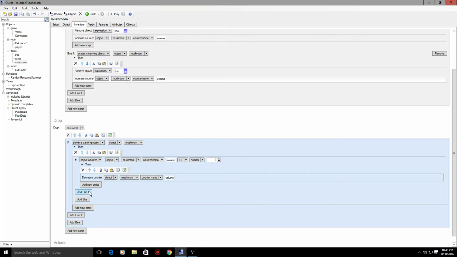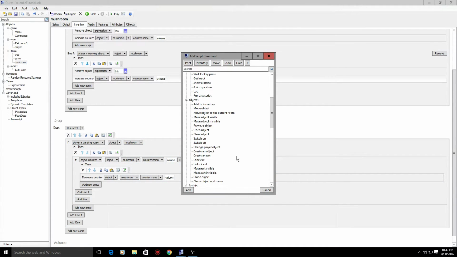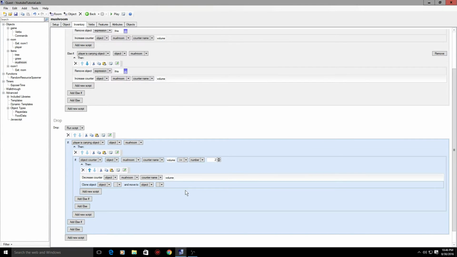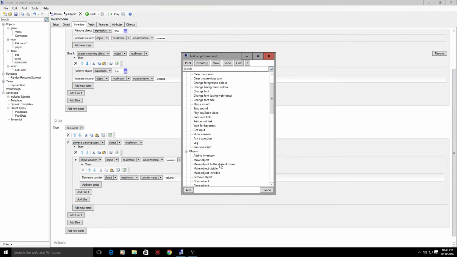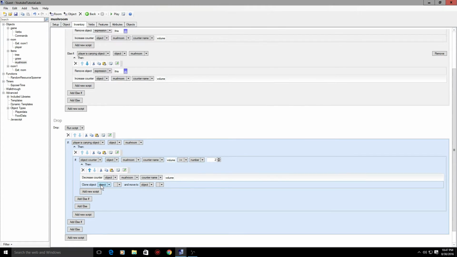And then after that we want to clone this object, so we're going to clone and move. Let me do that over. Okay, after we decrease the volume, add a new script, come down to objects and find clone object and move, and let's add that in. Okay, so we're going to clone and move the mushroom, and we're going to move to not an object but an expression, and we're going to type in